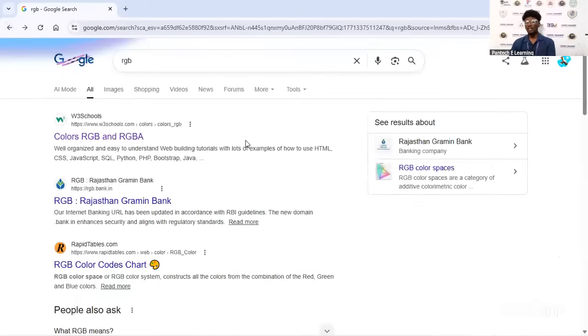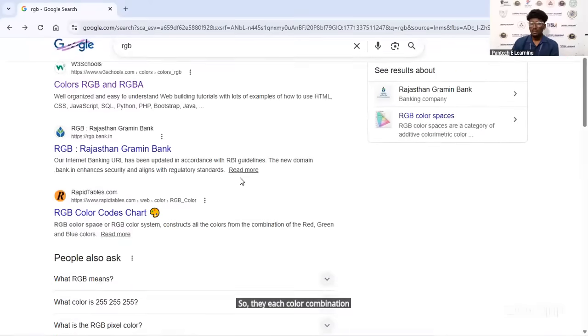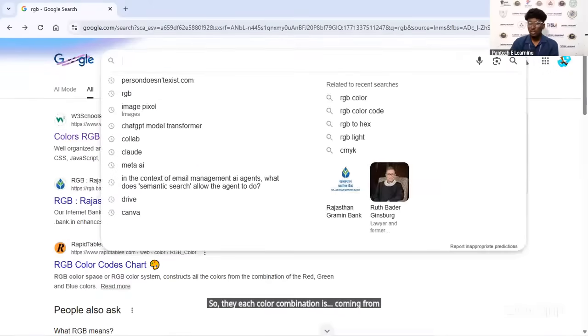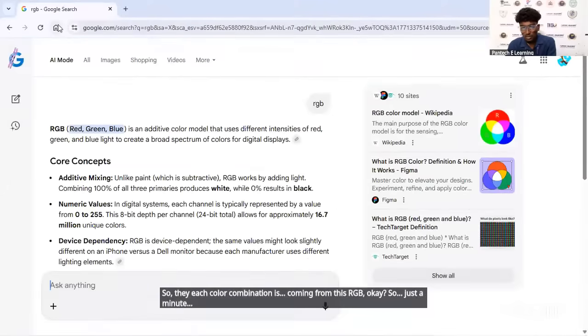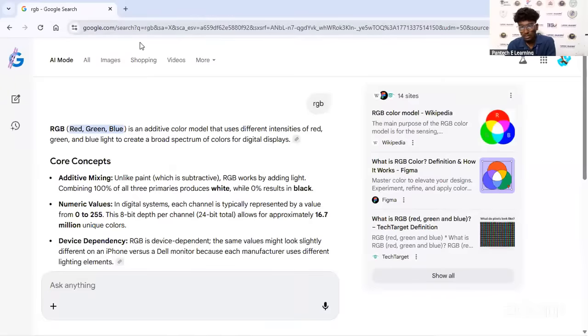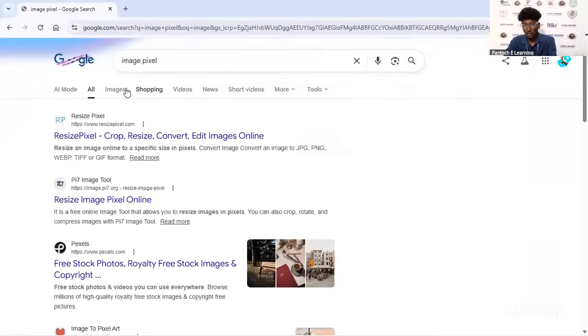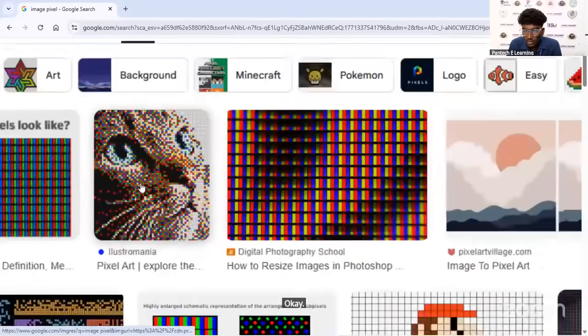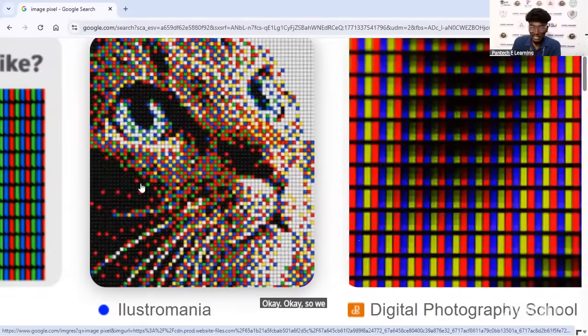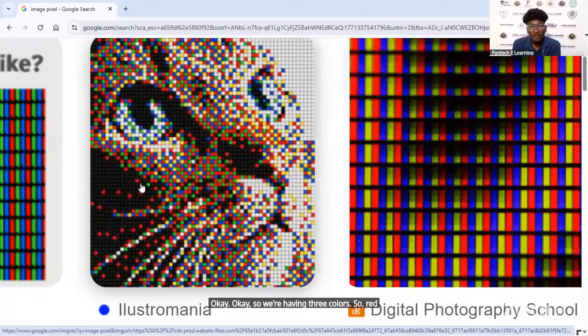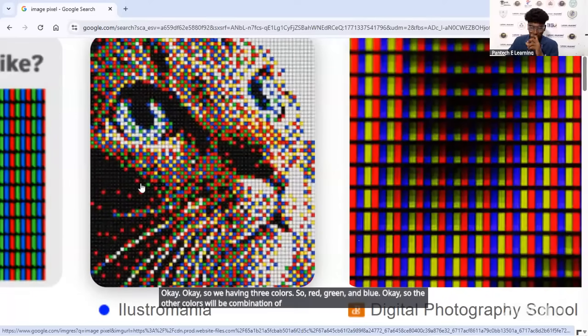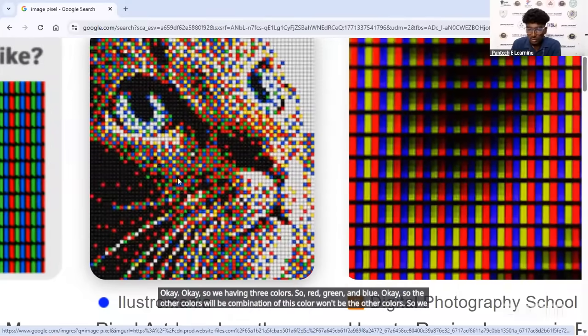Each color combination comes from this RGB. So we have three colors, red, green and blue, and the other colors are combinations of these three.